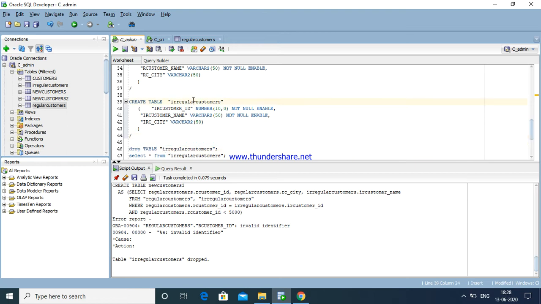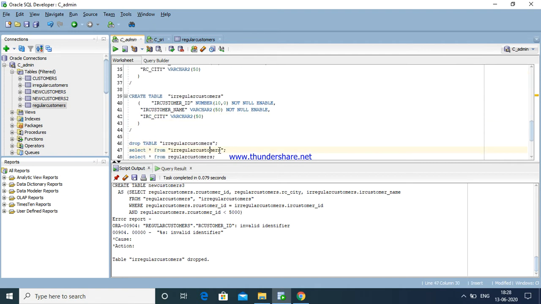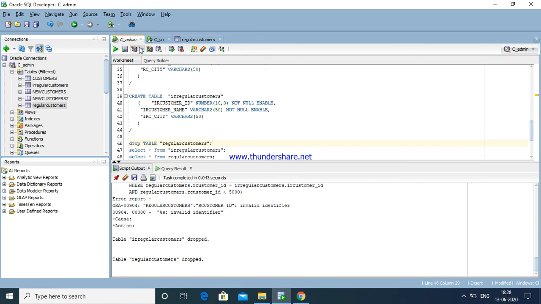Same way I am going to drop this table also. Again I am going to drop both tables. Okay, both tables I dropped successfully. Now refresh, there is no table.